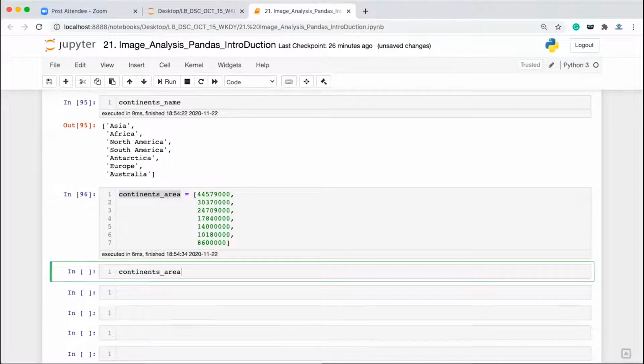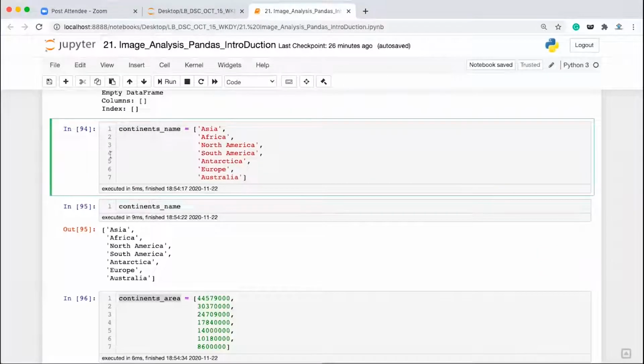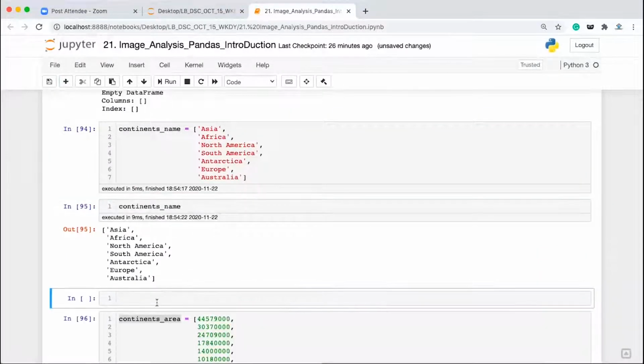Okay, fine. Now first of all, I'm going to create a data frame with a single column, where we will have the continent name only. For that, what I'm going to do is